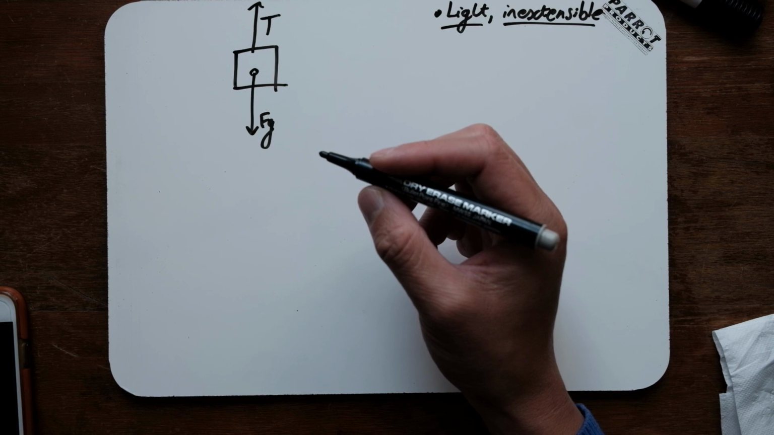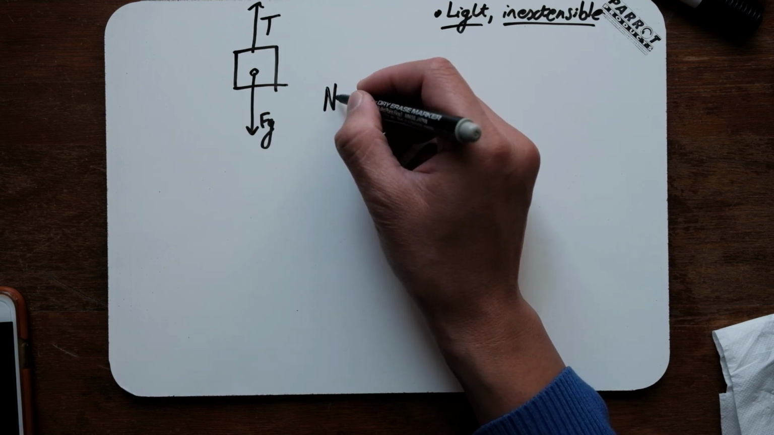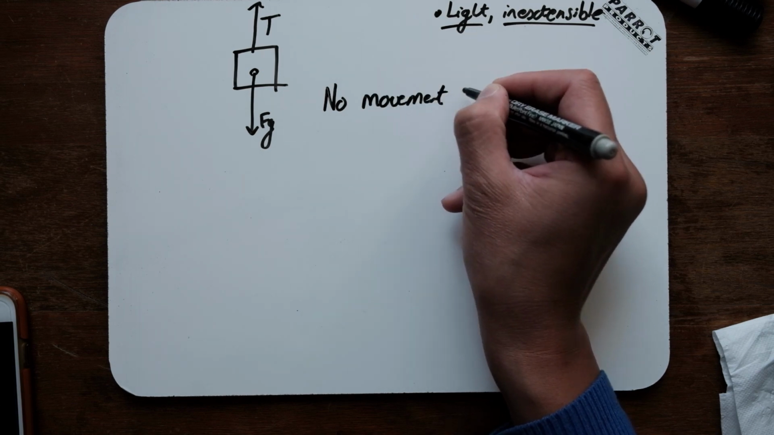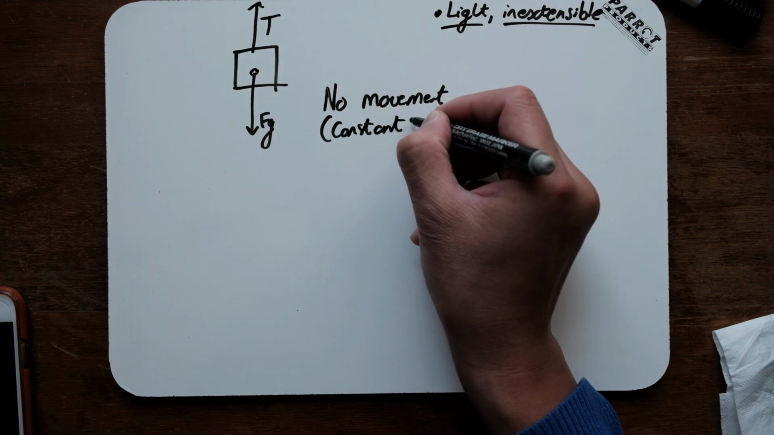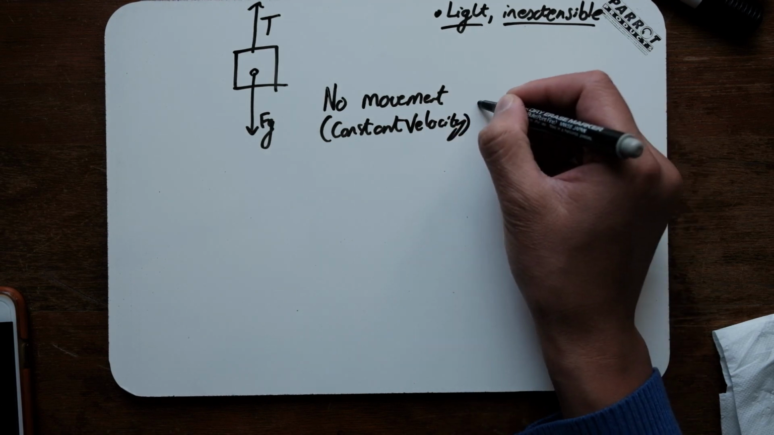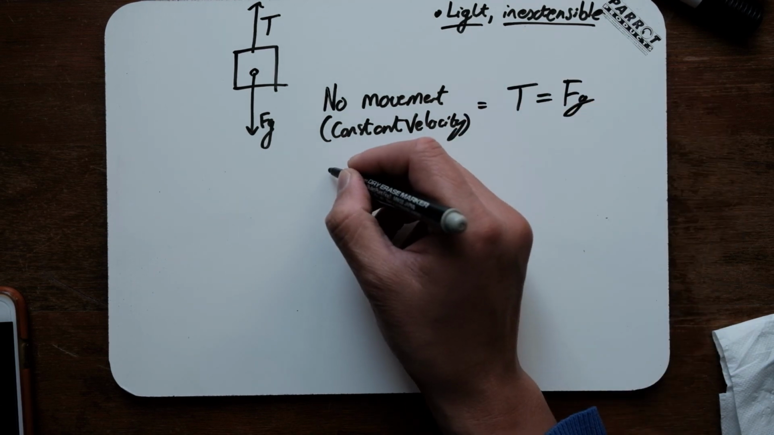Now, the reason why we call it light is so that there is no mass added to the system, and inextensible meaning that it will not stretch, which will then reduce the amount of force or impulse which is occurring in the body. Alright. Now, if it's attached to a string, there'll be a tension, but otherwise, there'll just be